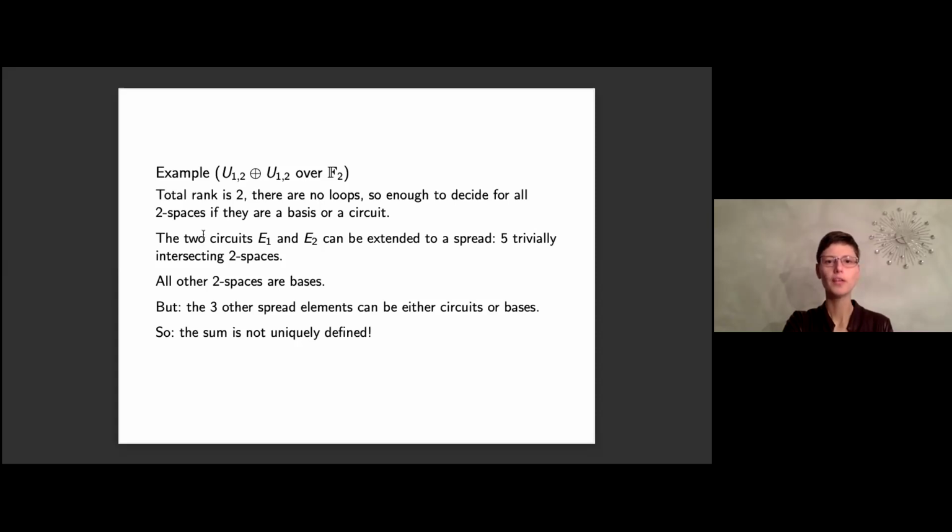And well, there are 2 circuits to start with, which are the matroids you started with. And these 2 things can be extended to what geometers call a spread. That means there are 5 trivially intersecting 2-spaces, and every 1-dimensional space is in exactly one of the spread elements. There are actually equivalent ways of doing that, but you can look at this whole spread. You can prove that all other 2-spaces are bases, but in this spread, we know 2 of the elements are circuits, and for the other 3,